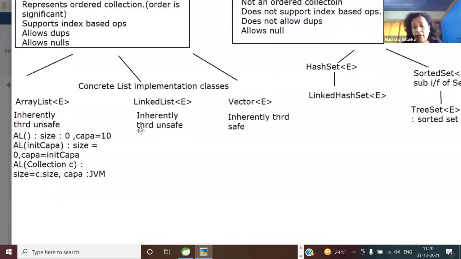You are absolutely right. Now let me check your data structure understanding. If your Java application has a lot of operations to insert an element towards the beginning of the list or somewhere in between the list, what will you choose? Will you choose ArrayList or will you choose linked list? Which will be more performant?